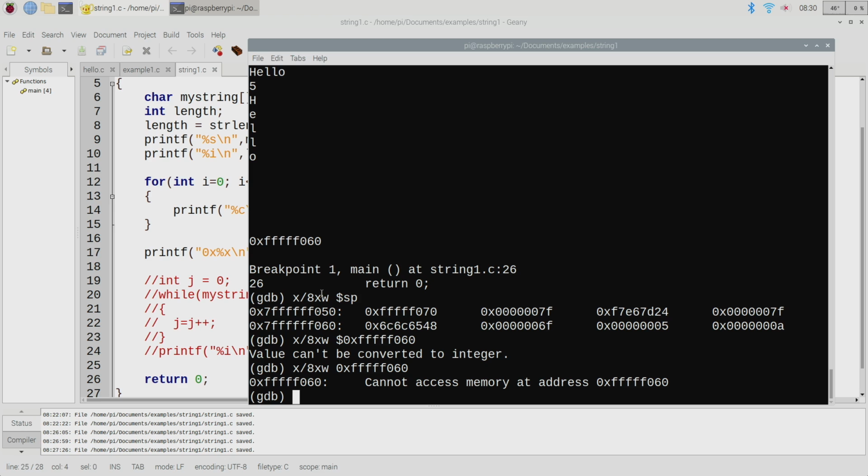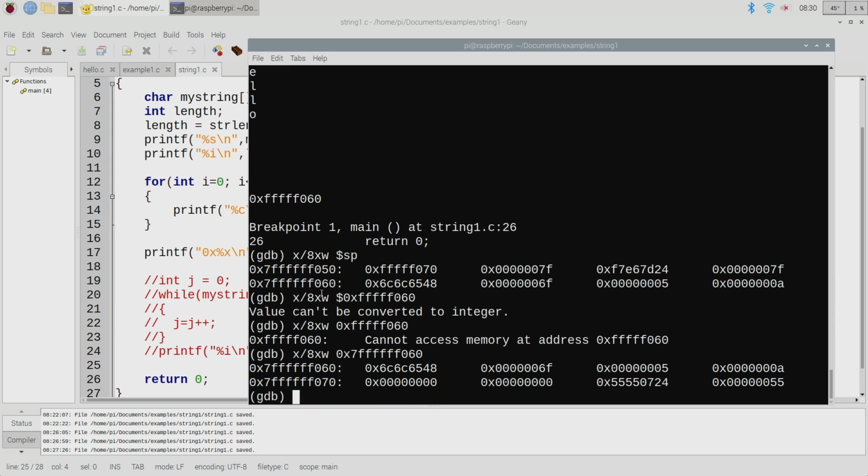Oh, okay. Zero F7. Did I just forget? No, there should be. Yeah, okay. So this is where the string should be stored, but